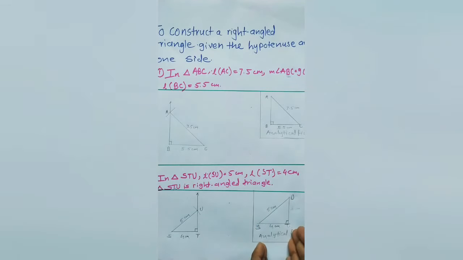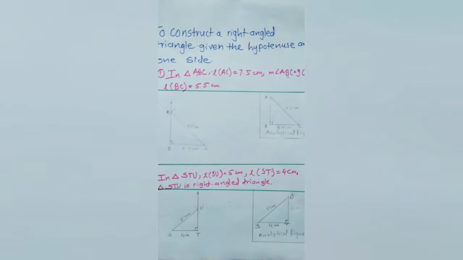If you correct all these errors here, then you can easily construct a perfect diagram after correcting this analytical figure. So what we do here is also the same thing. First we make mistakes here, then we correct them, and then we come to know that this is the perfect figure, and then we draw this original figure. In this way you have to draw all these things. Hope you all understand it. Thank you very much.